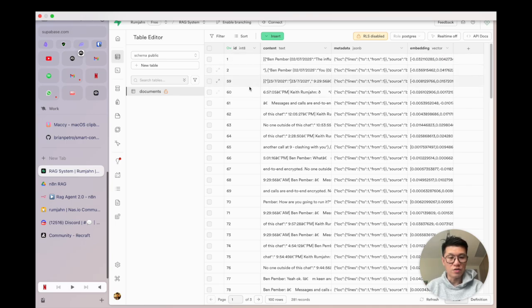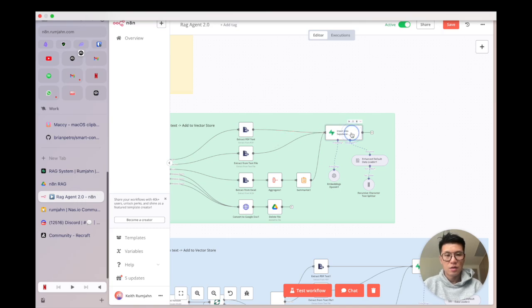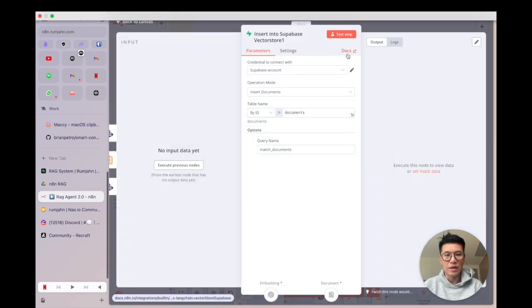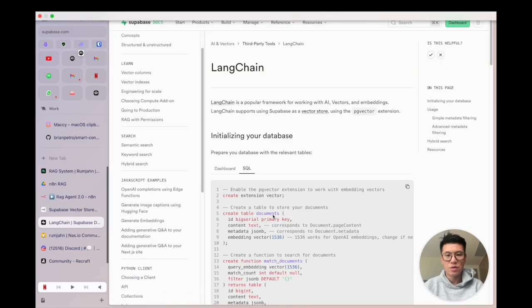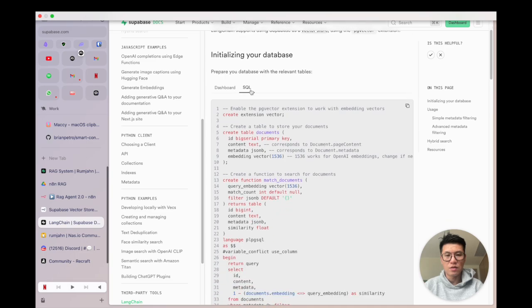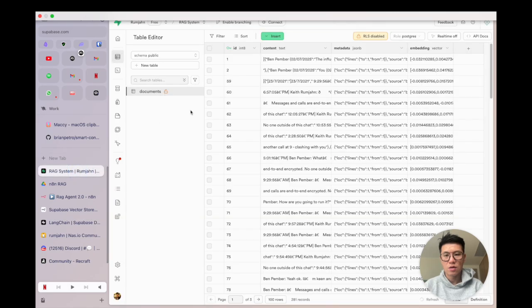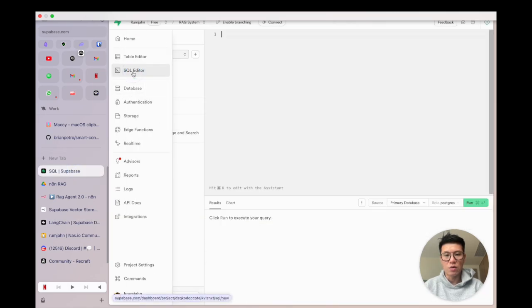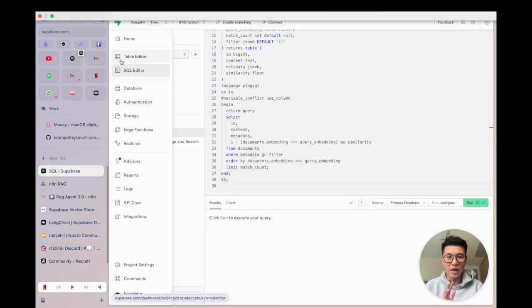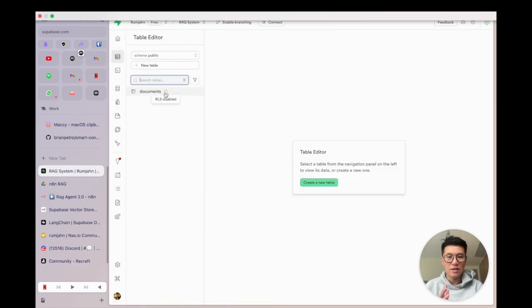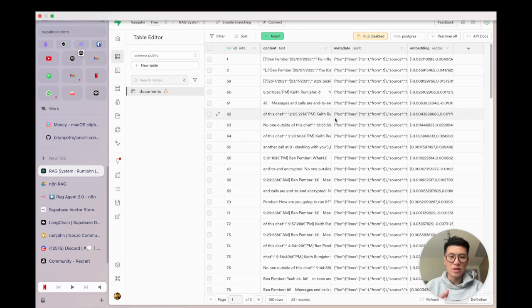Now, you don't need to create this yourself. All you need to do is, when you click inside your Supabase vector store, click on Docs, quick start for setting up your vector store. Now you'll see this thing called SQL. What you need to do is copy this, go to your SQL editor, copy and paste, and run it. Then it'll automatically generate the table for you that you need, so you don't need to manually click it. So all you need to do is that, and then from then on, when you import documents, they'll store